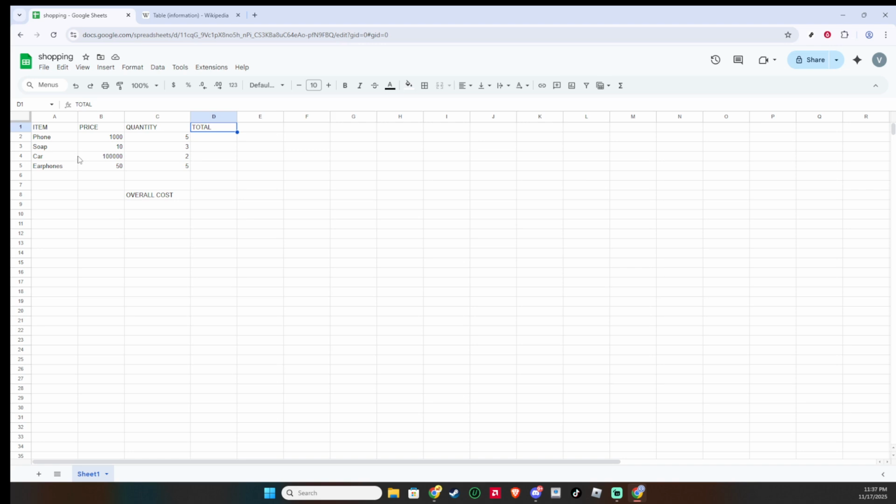Once your headings are ready, it's time to fill in your list of items along with their individual prices. Enter each item you plan to purchase, followed by the price of each one. This is crucial for seeing exactly where your money is going, and it helps prevent any surprises when you arrive